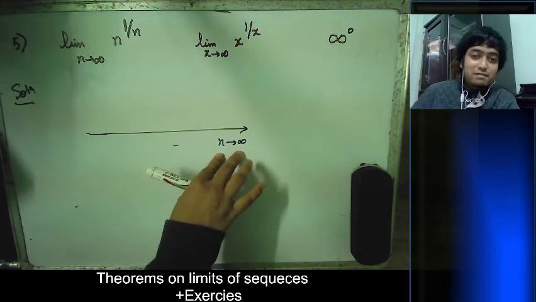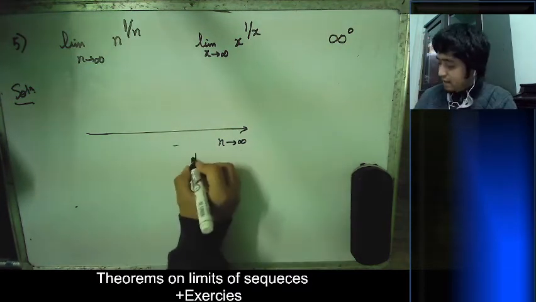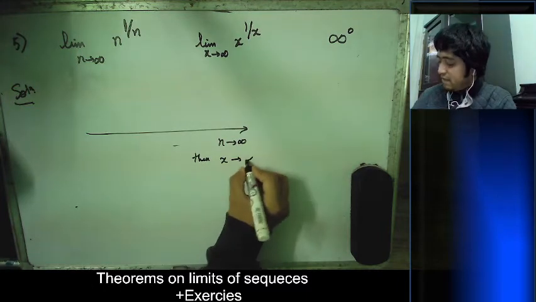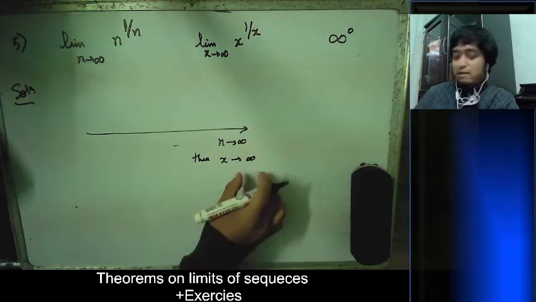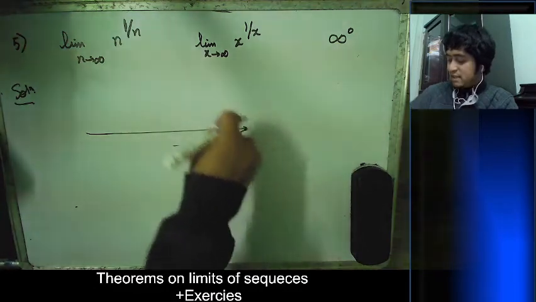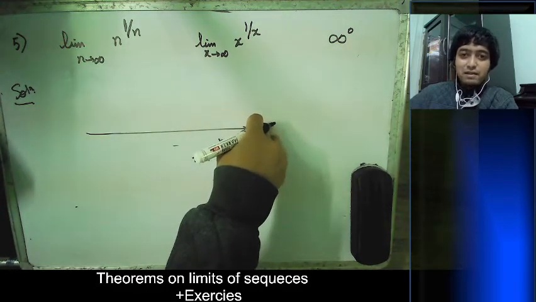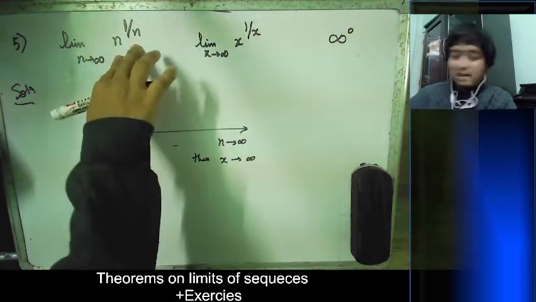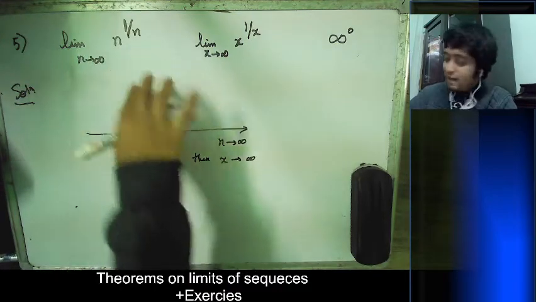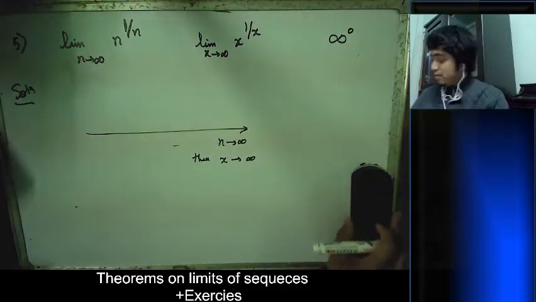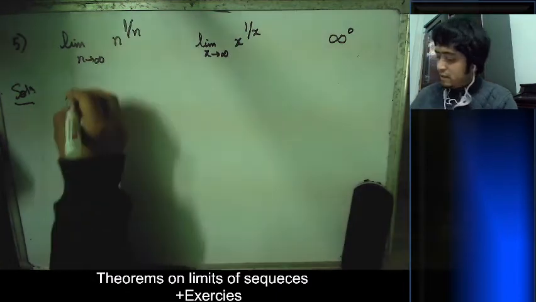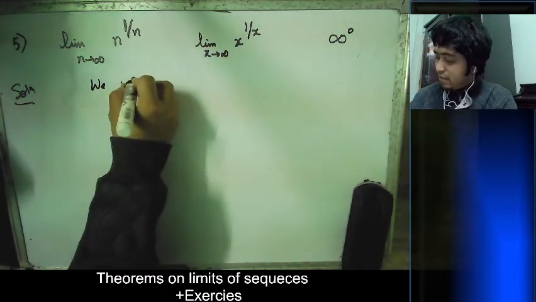So if n tends to infinity, then x tends to infinity as well. Even if you take a real number x, it will be approaching infinity. But the function has also changed from n power 1 by n into x power 1 by x. So the solution is we will calculate